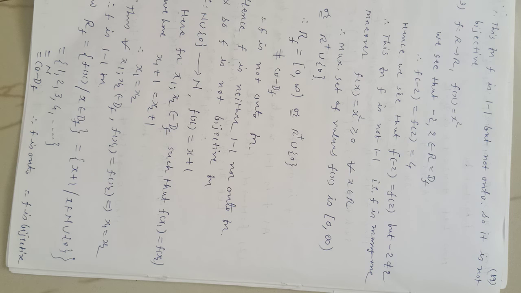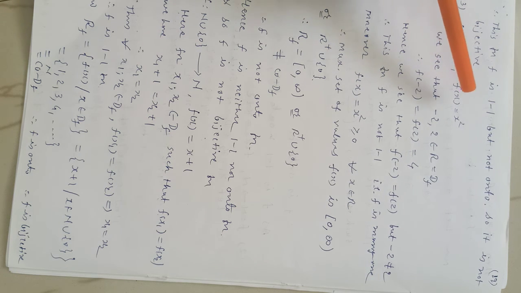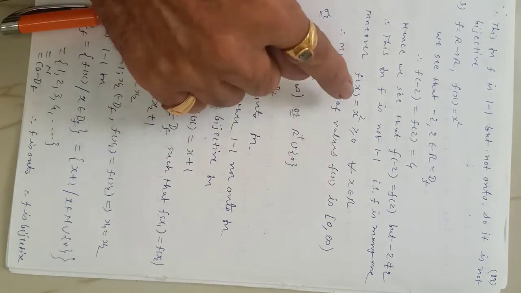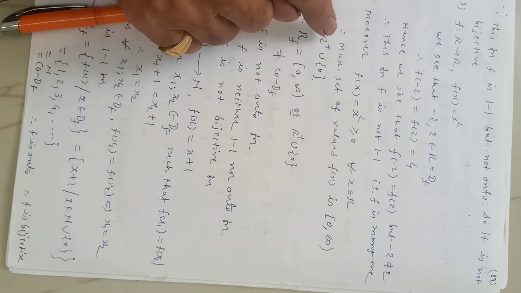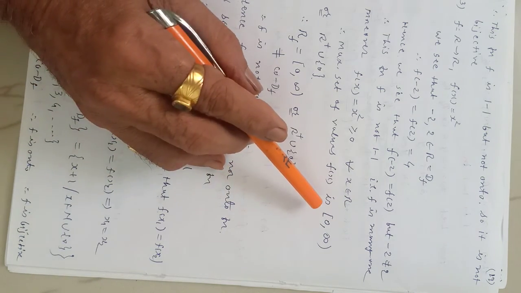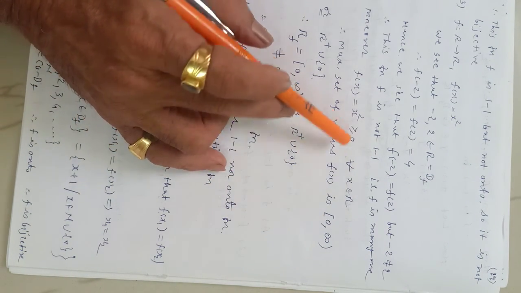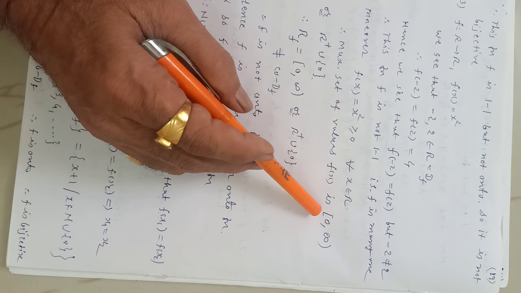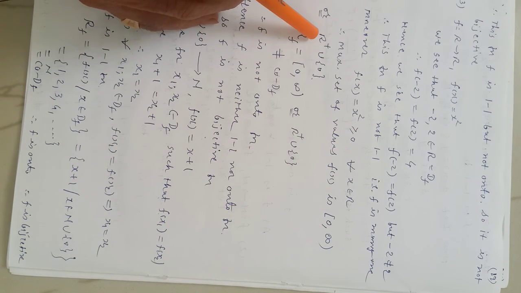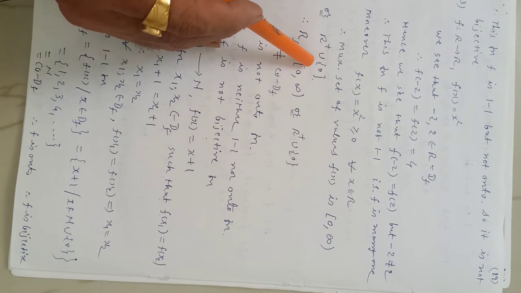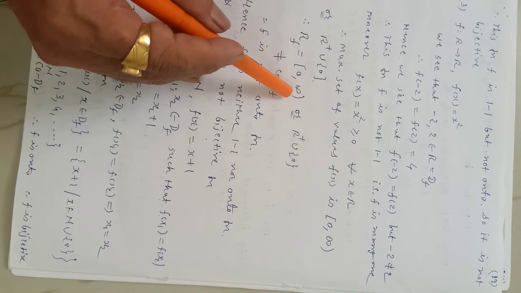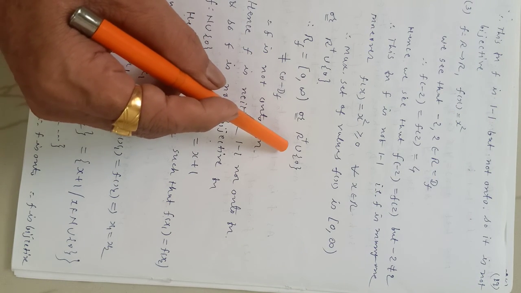Okay, what about onto-ness? Now we all know x square cannot be negative. It is always greater than or equal to 0 for any x belonging to R, right or not? Yes, and therefore the maximum set of values of f(x) is the closed interval 0 to infinity. It starts from 0 but there is no end. Or you may write R plus, positive reals, union 0. It means the range of f is [0, infinity) or R plus union 0.